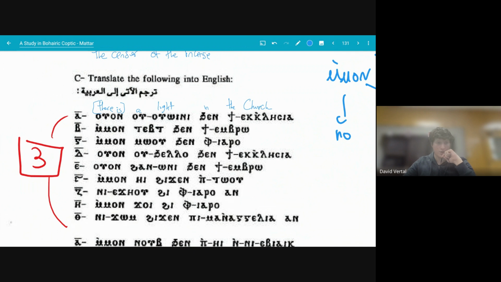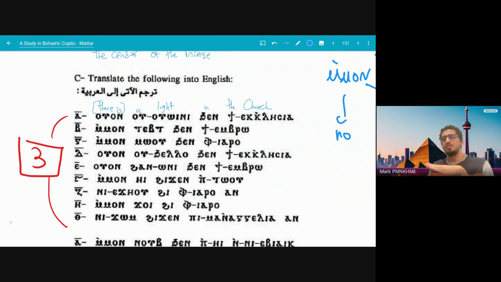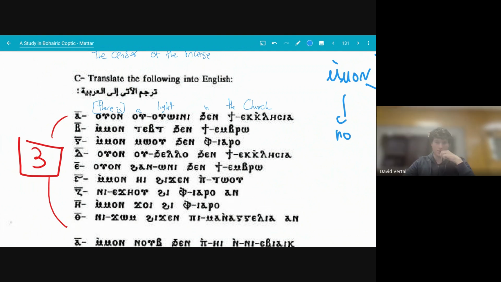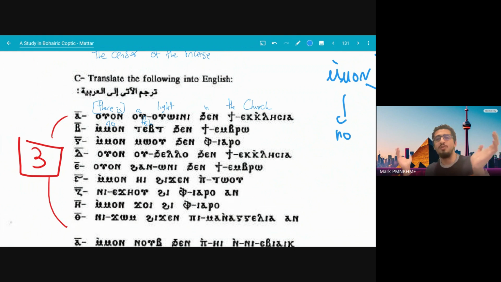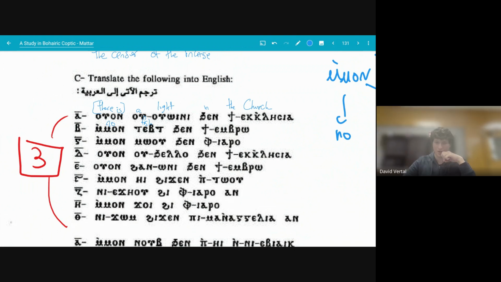Imon tept anti embro. I want to say there aren't any fish in the harbor. This one is really good way to actually translate it literally. So what's M1? No fish or no. Yes, I like this translation better. Just no fish. Okay, All right, and then no fish in the harbor.